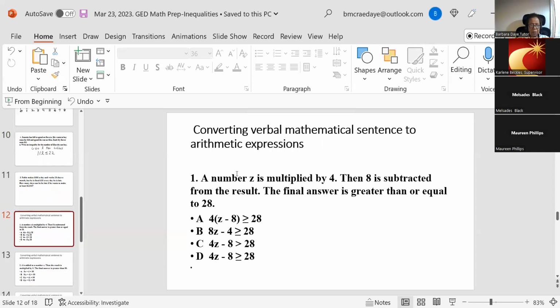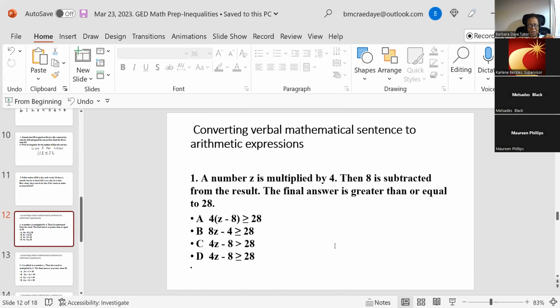Like here, this is verbals to the math in an inequality. Z multiplied by 4, then subtract 8, when the answer is greater than or equal